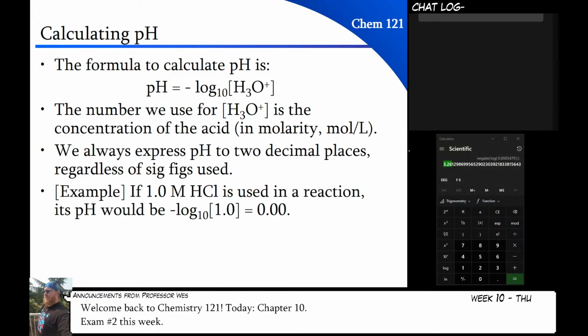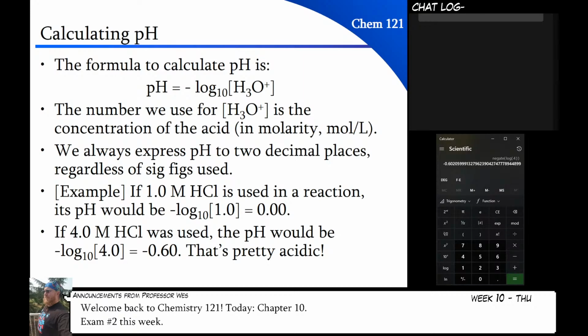All right. Now, if we take the pH of, say, a 1 molar HCl solution, we already saw that that's pH 0. If I put in a larger number for that, so if I go like 4 molar HCl, and then I hit log, I do get a positive number, which I then negate and it becomes negative. So this is possible as a pH, but this is basically like,